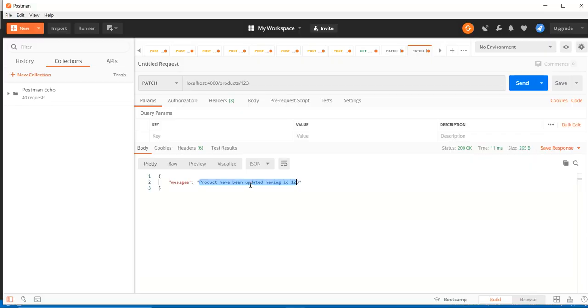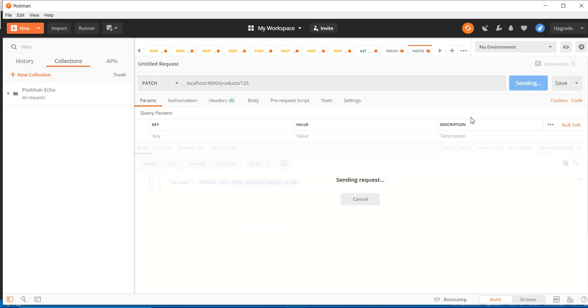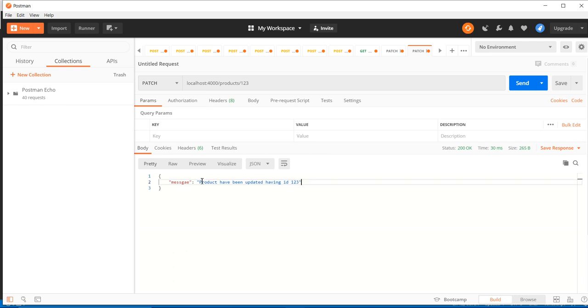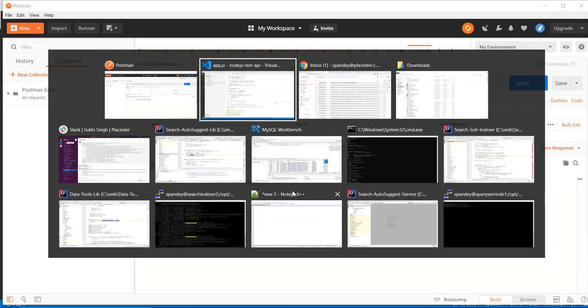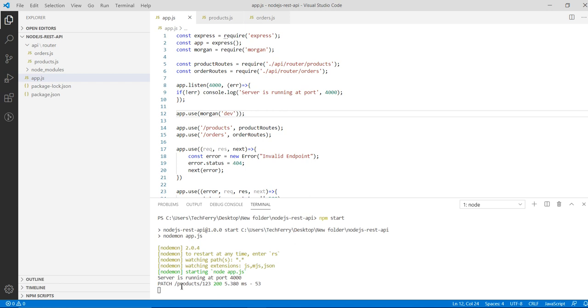We'll try to hit an endpoint. Suppose we are trying to access products/123 with a patch request. We sent it and we got a message that the product has been updated with ID 123. If we check here, we have got some really useful information: someone tried to access this endpoint, the request was patch, and the response which the server returned was 200.